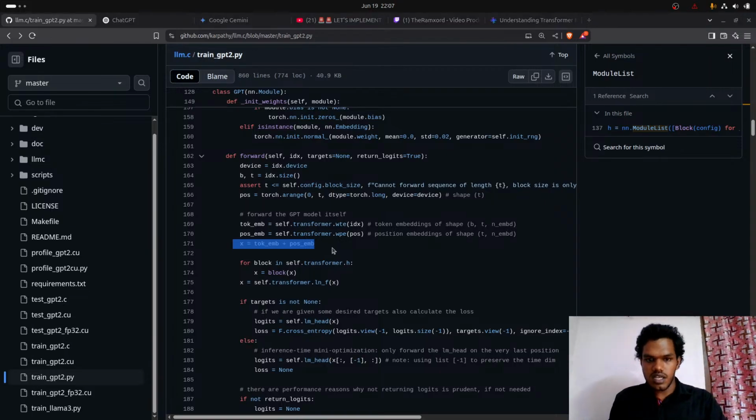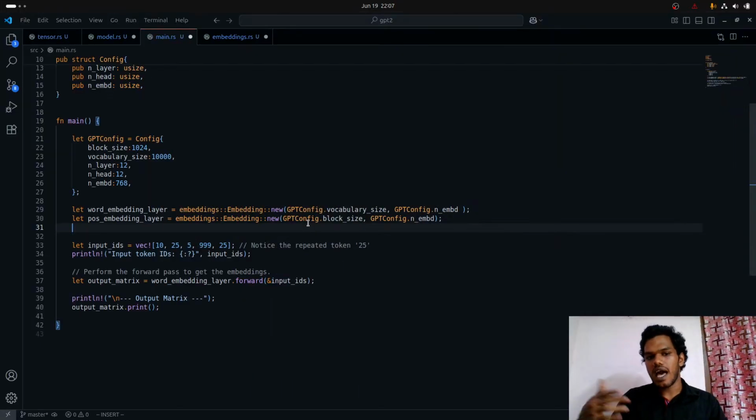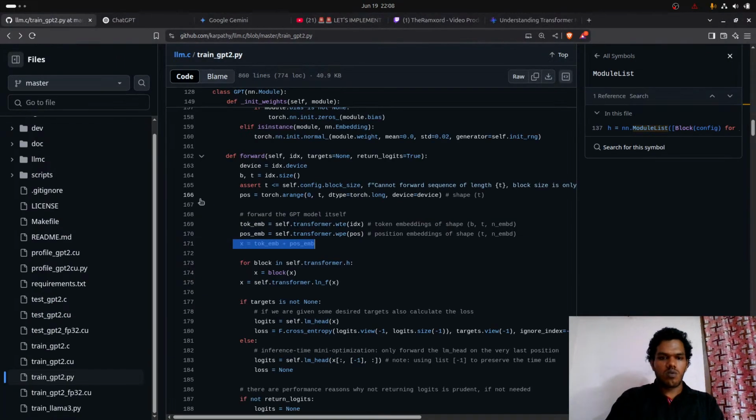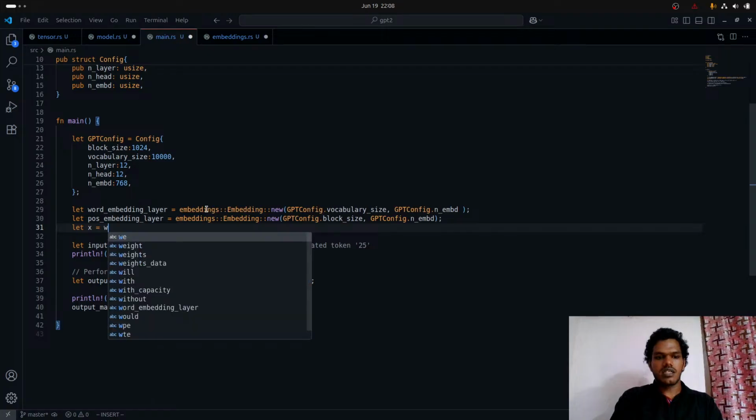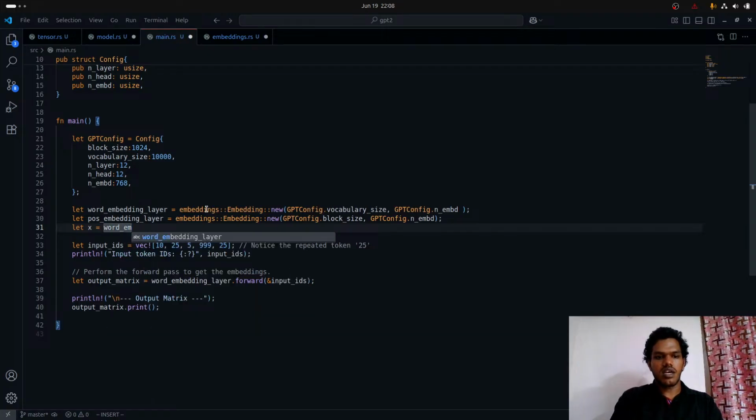For our thing, remember what we have is not an array, not a vector. It's basically our custom tensor data type. So can we add something like this? Let's call this x, adding both the word embedding